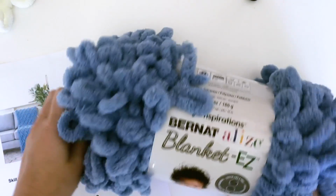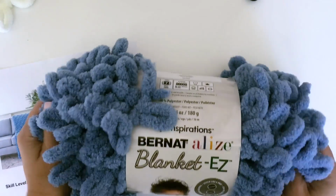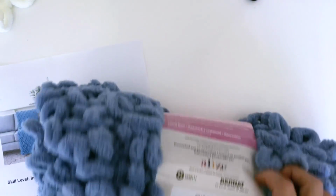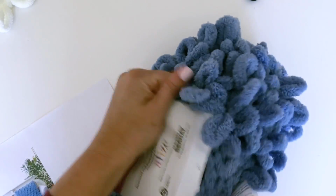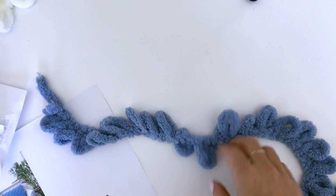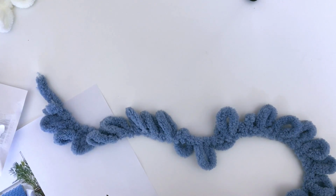I have a fun new yarn that I'm working with today. This is Bernat Blanket Easy yarn. It is big and fluffy and soft and chunky, just like Bernat Blanket yarn, except for this one, and we're going to go ahead and open this one up so I can show you, is made up of loops. So here's like a strand. And look at that, it's full of loops. So, see your crochet hook? Toss it to the side because you're going to use your fingers for this